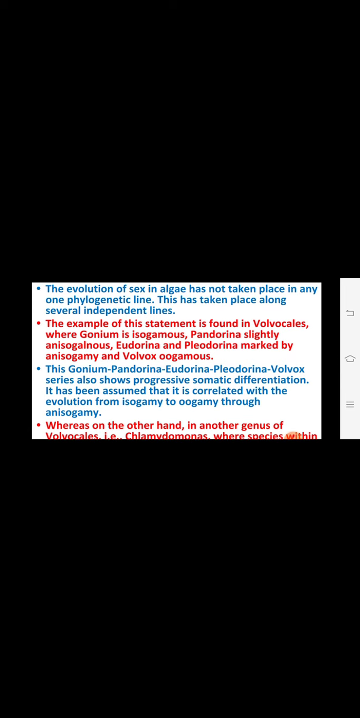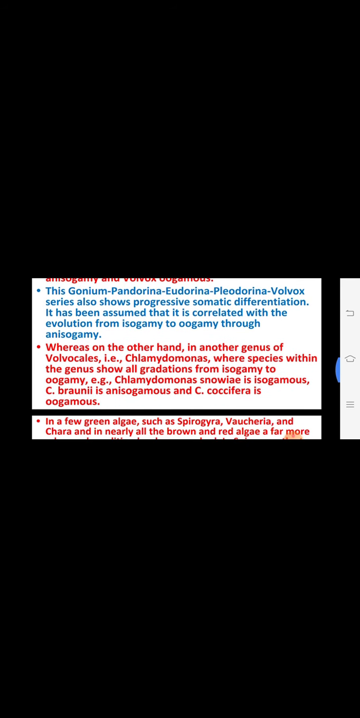The evolution of sex in algae has not taken place in any one phylogenetic line, so it has taken place along several independent lines. In the Volvocales, for example, Gonium is isogamous, Pandorina is anisogamous, Eudorina and Pleodorina are marked by anisogamy, and Volvox is oogamous. Then the Gonium, Pandorina, Eudorina, Pleodorina, Volvox series